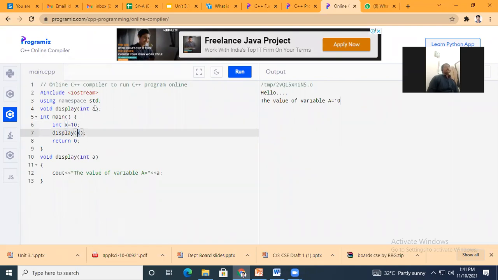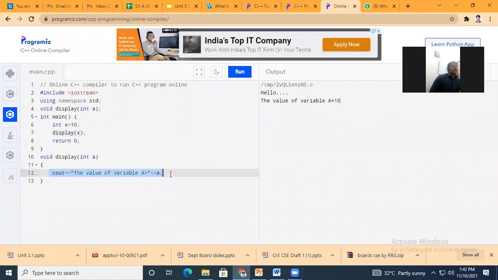Next, when the compiler goes to this display x, it will try to find out the definition. What is display? When it comes to line number 10, it will check, yes, there is a definition for the display function, and what is there? I need to print the value of variable a is equal to the value which I passed in the program. So it will display the value.